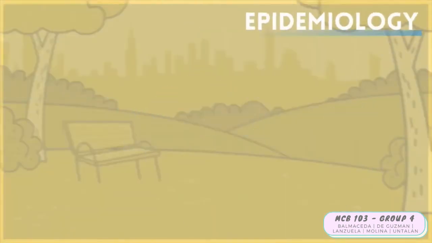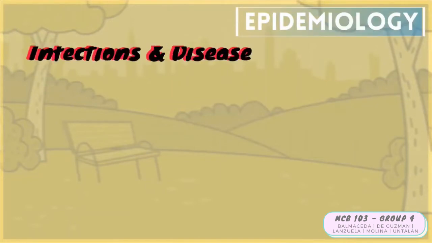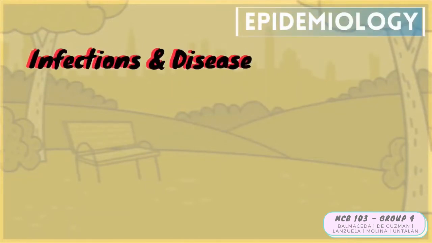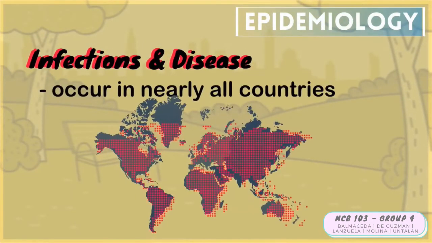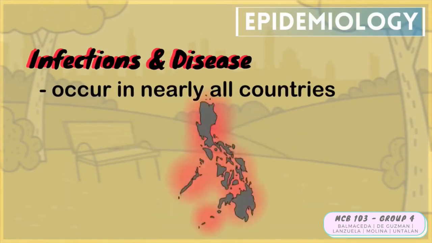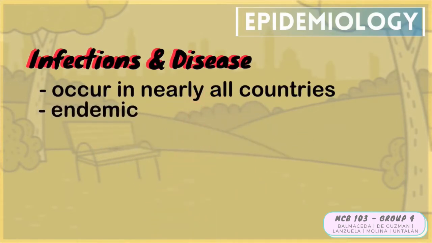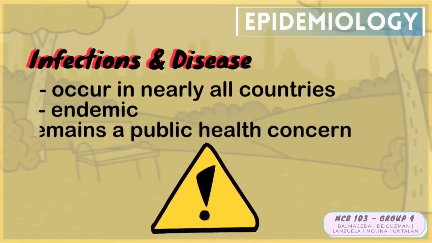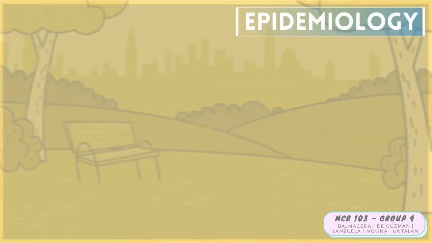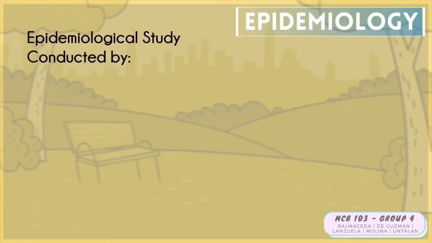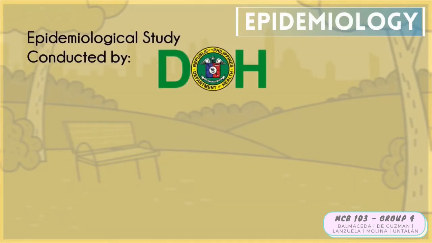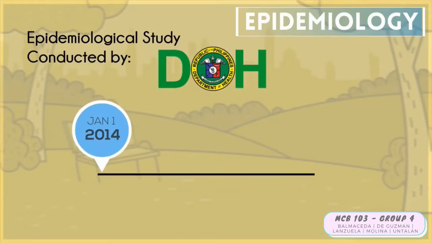Epidemiology of rabies virus. Rabies virus infection and disease occur in nearly all countries, without exception of our country, and it is endemic, which remains to be a public health concern. The epidemiological study conducted by the Department of Health of the Philippines from January 1, 2014 to June 30, 2018 revealed that